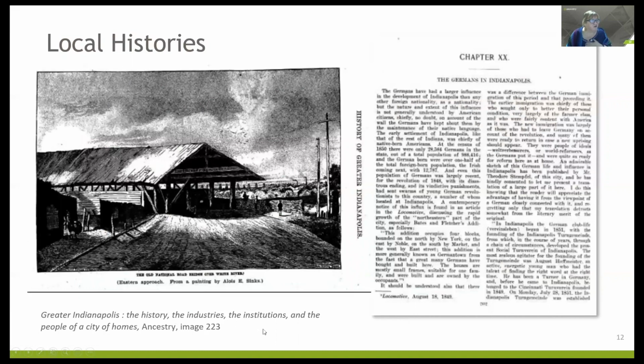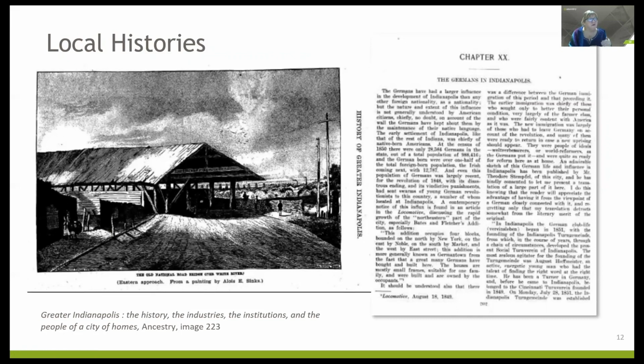Another thing we tend to overlook, and there are thousands of these books on Ancestry, are local histories. Local histories can give you some really great insights into migration patterns, into the events that were happening in your ancestors' county that you're not going to find in the history books. So even if your ancestor doesn't appear in there, they're going to give you so much context about what was going on in that area, and you'll be able to pick out things, oh, that would have impacted my ancestor.